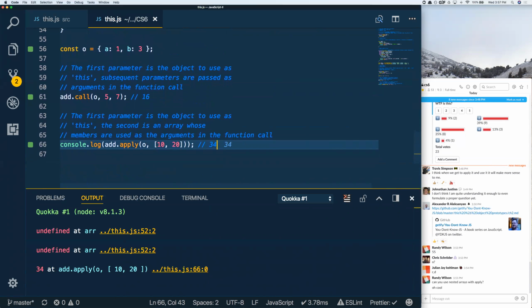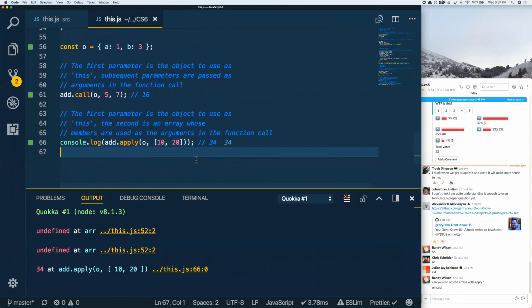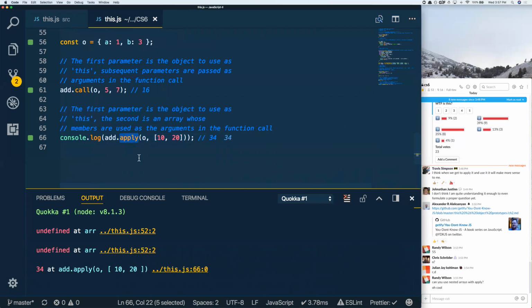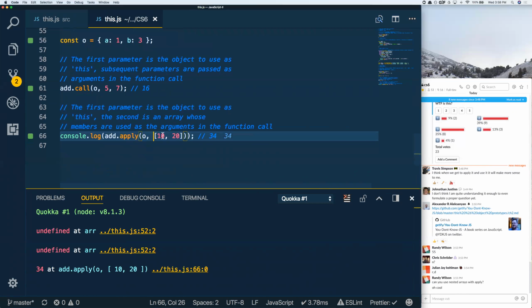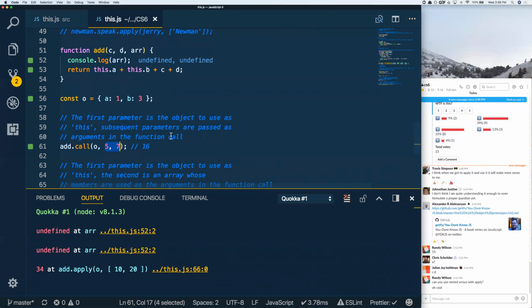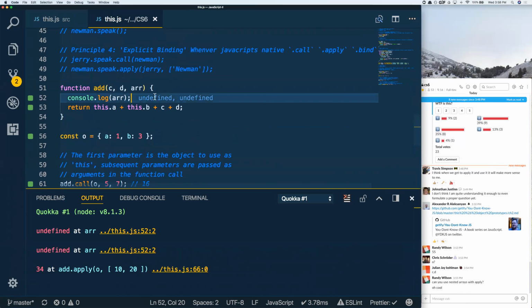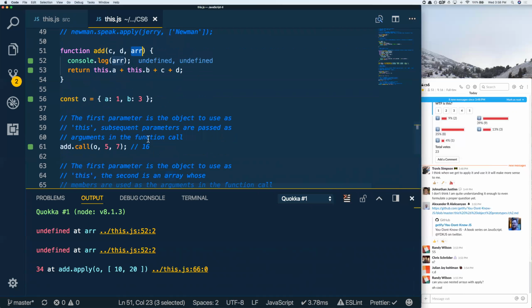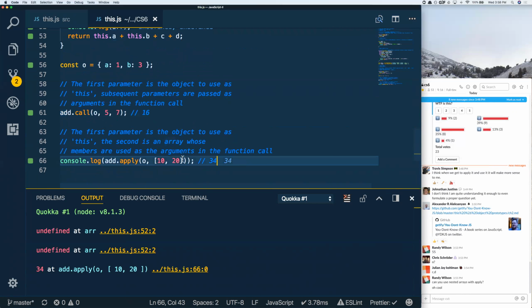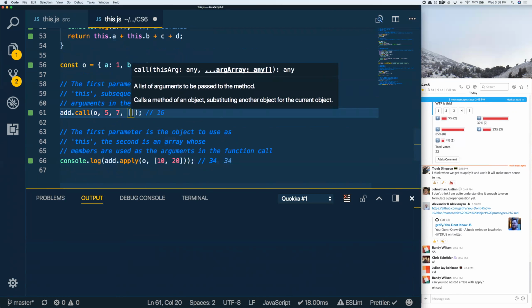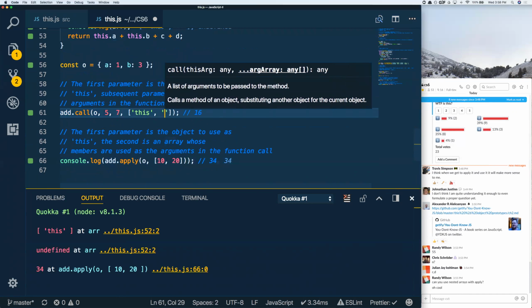I'm having a hard time stretching myself to figure out exactly the use case for that, but definitely could. Just to prove a point, you can pass apply as a function like any other. It's got some different rules assigned to it, but it's a function, so you can pass whatever arguments you want. The difference between apply and call is we get an array of arguments over just a couple of arguments. And it was undefined in this context with array the first time we were calling it from down here, because we're calling with call and we didn't have an array here. But you could do the same thing with this and say this ought